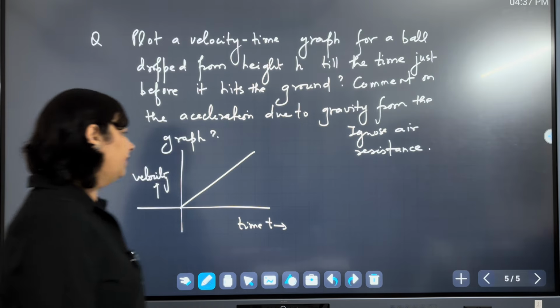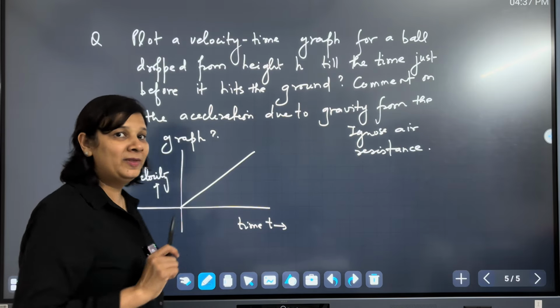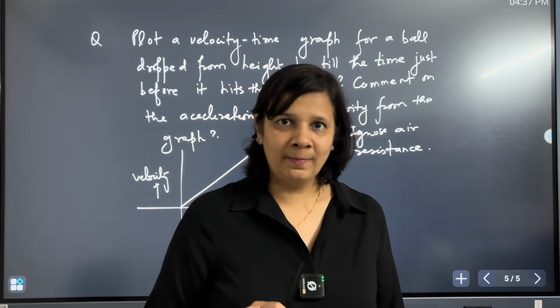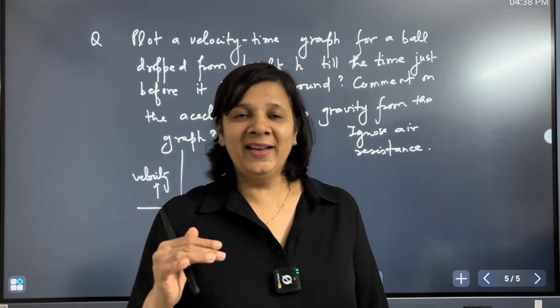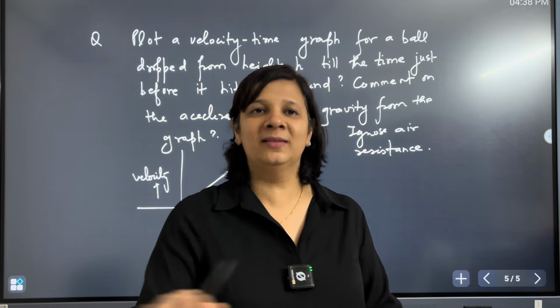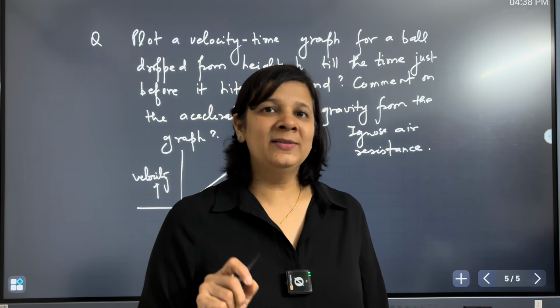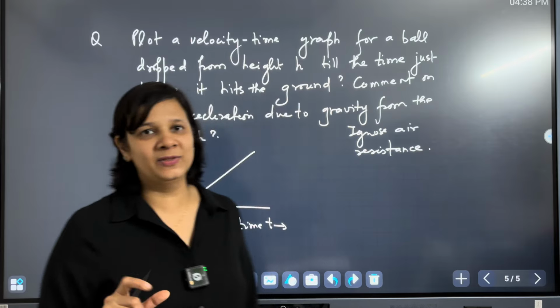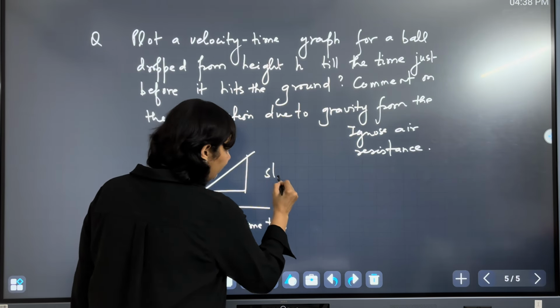Now what about the slope of an object? The slope from this graph is constant, right? It means that acceleration due to gravity is constant, and we will see that on the surface of the earth the acceleration due to gravity is constant, which we take to be 9.8 meter per second square, right? So from this graph the slope is constant,